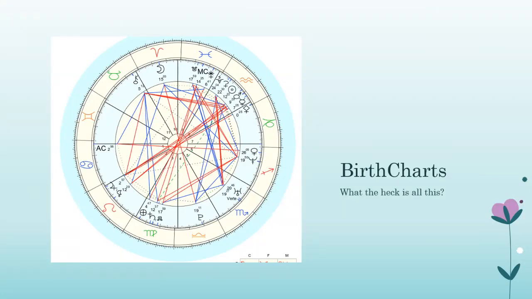What I mean, everything from what you look like, your first and second house really talk about your appearance. Like what does your face look like? What does your body look like? Your sixth house is about health. So how do you take care of your body? What aspects of your health should you really hone in on in this particular life?